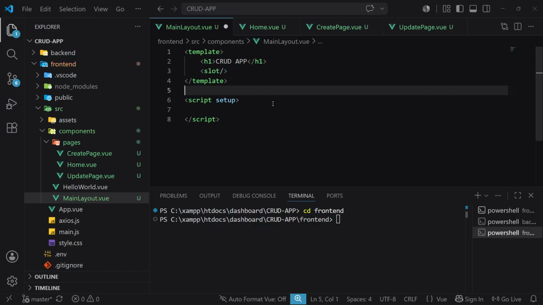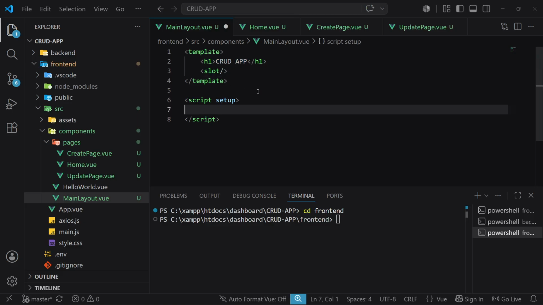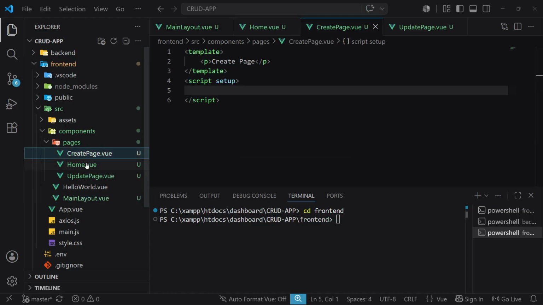Those other files will be displayed below the CRUD app via the slot. Okay. Now we save on that. We go to the subfolders, to the files, to the pages, and inside the create page, we are going to import